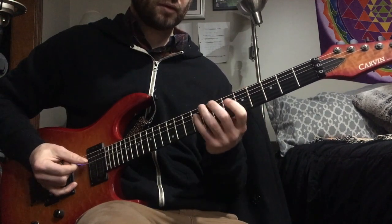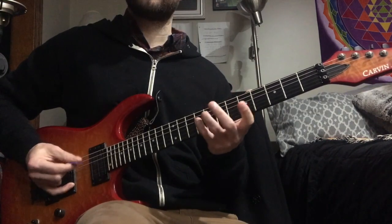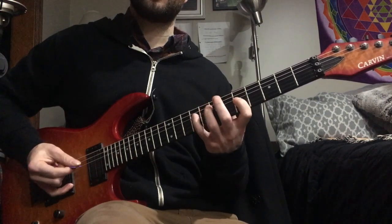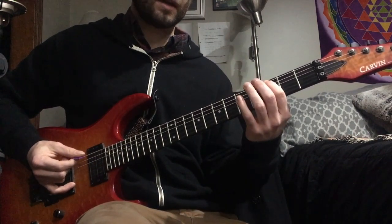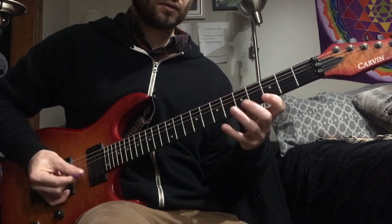Okay, and this last one, pinky is going to go up to the 9th fret on the 4th string, which is a B note. Pointer finger down to G, pick the A, pick the B, and pull off to G. And then middle finger on E flat, ring finger on B, pointer finger down on G. So it's...